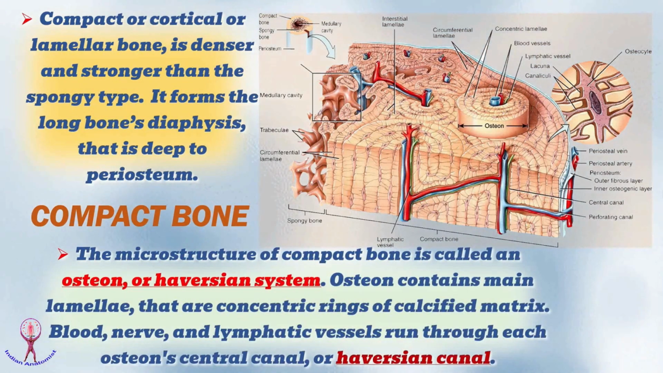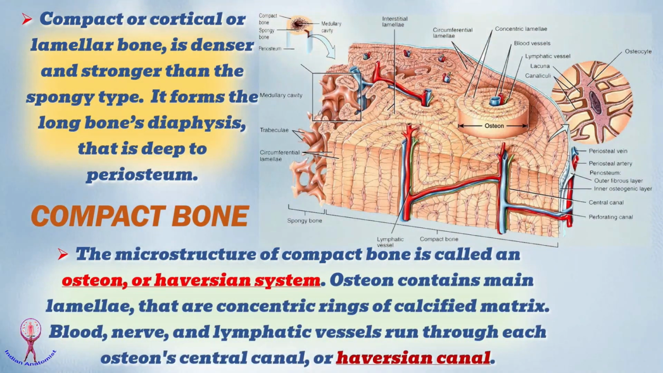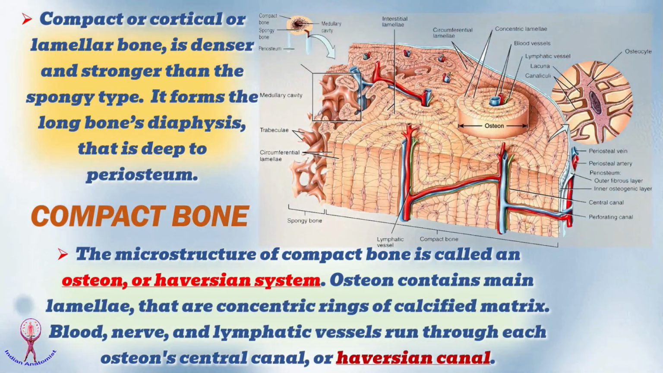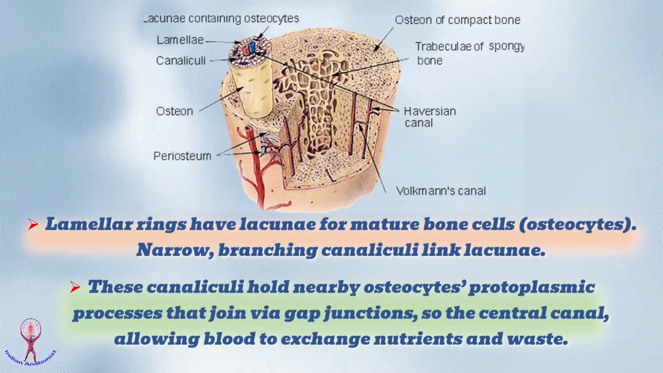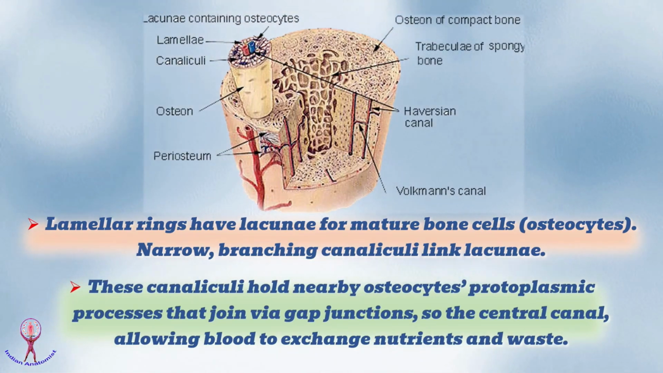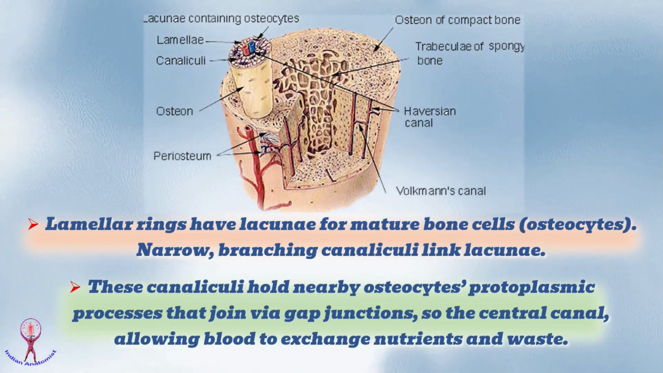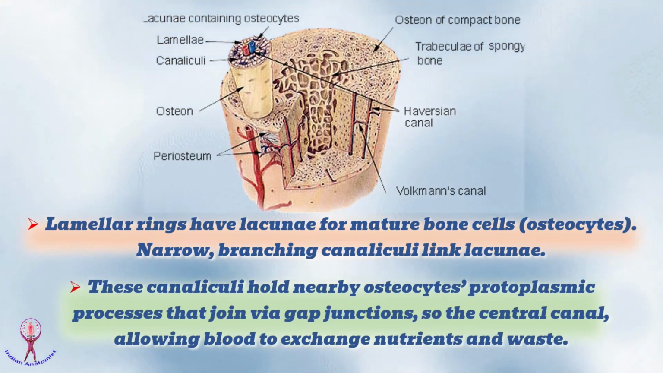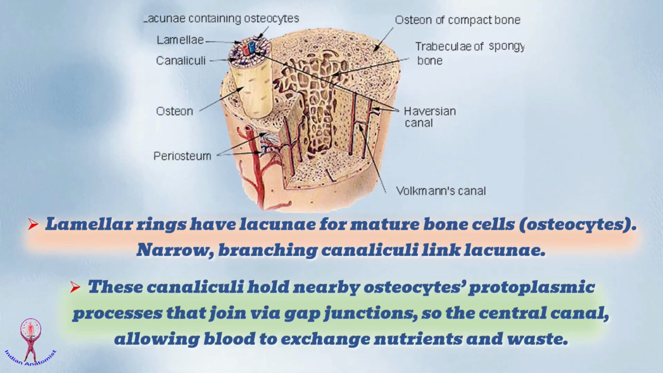The microstructure of compact bone is called an osteon, or Haversian system. Osteon contains main lamellae, which are concentric rings of calcified matrix. Blood, nerve, and lymphatic vessels run through each osteon's central canal or Haversian canal. Now, each lamellar ring has lacunae with single, mature bone cells or osteocytes. Narrow, branching canaliculi link the lacunae. These canaliculi hold nearby osteocytes' protoplasmic processes that join via gap junctions, so the central canal allows blood to exchange